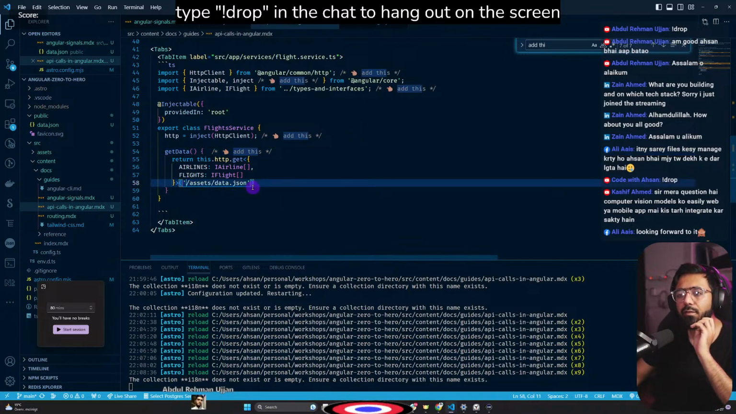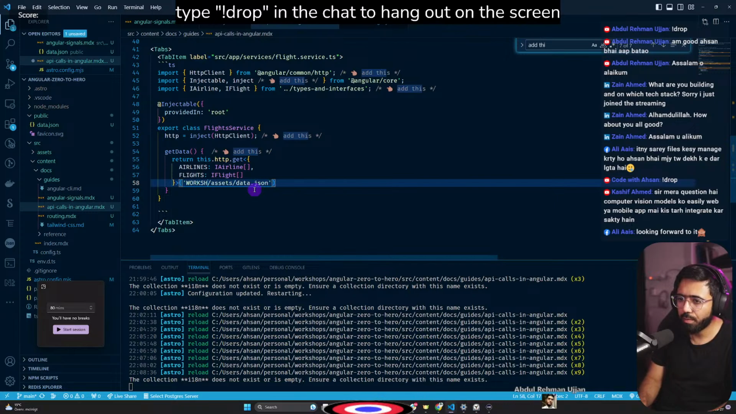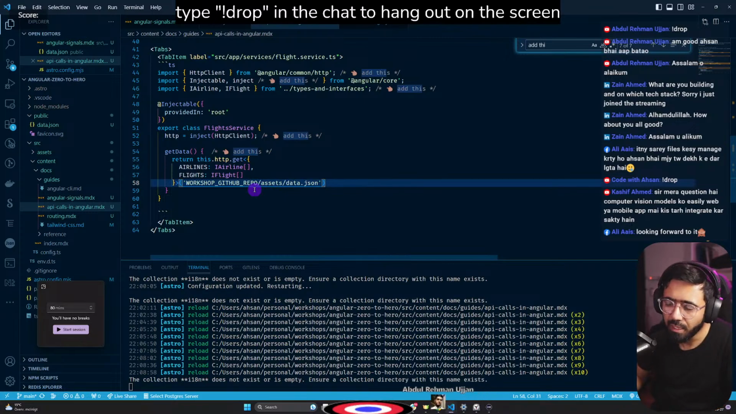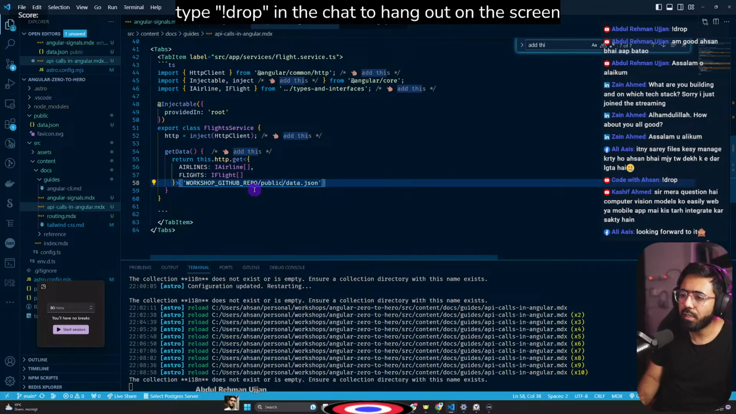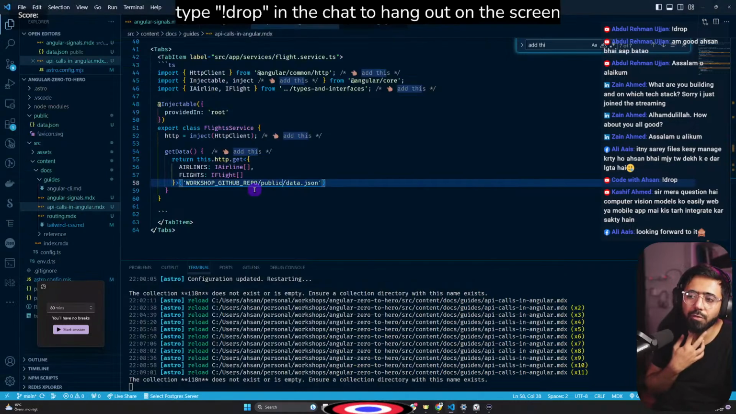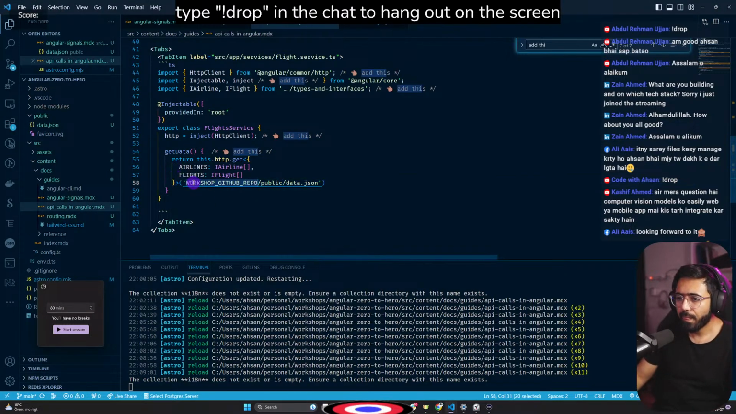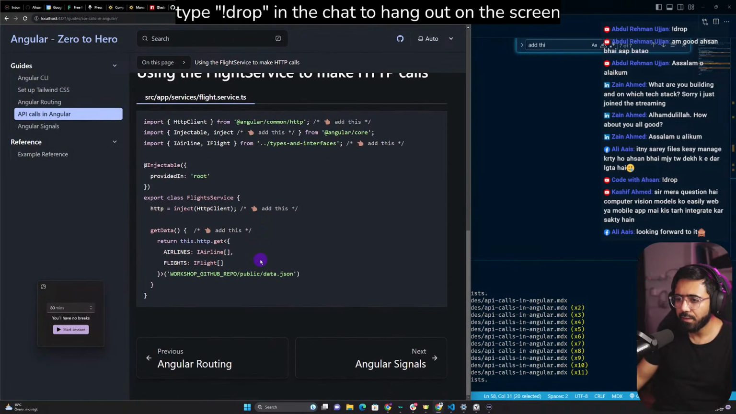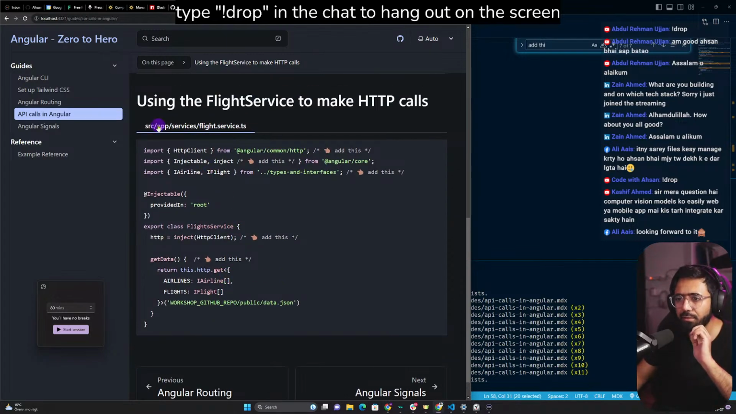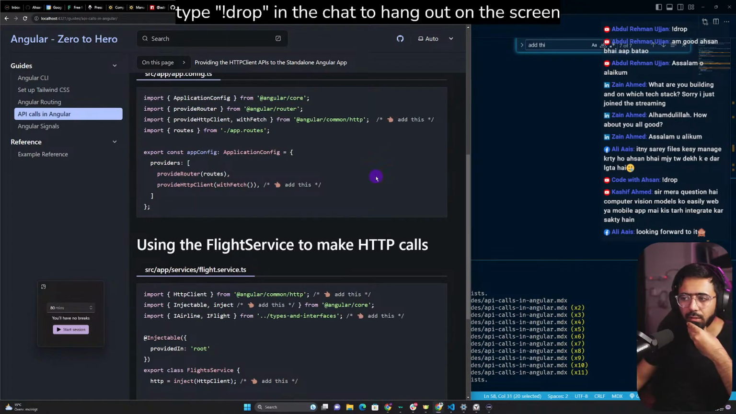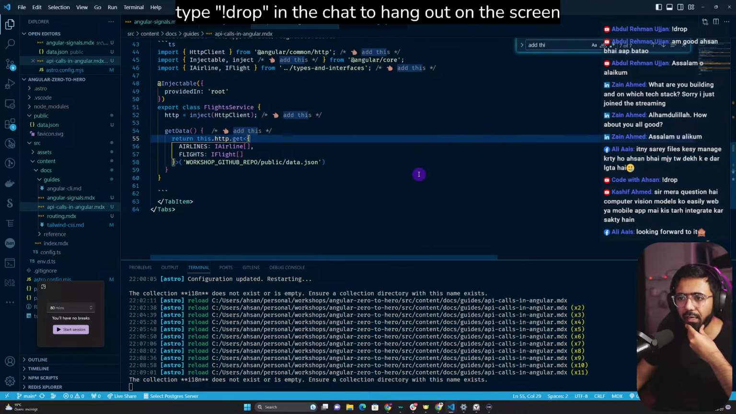So once we have this, I think here we have to define workshop GitHub repo slash assets slash public slash data.json. I think we would have to do something like this. So then we can have something like this: workshop GitHub repo public data.json. So once we have this added, then we should have